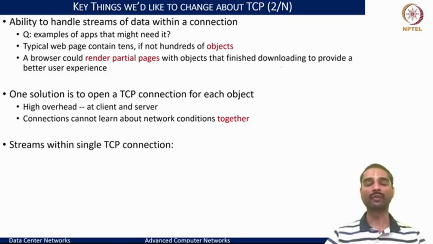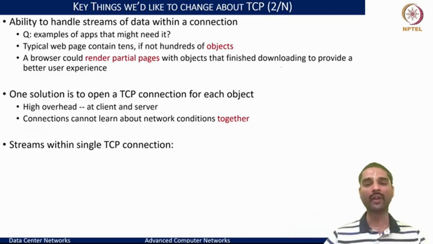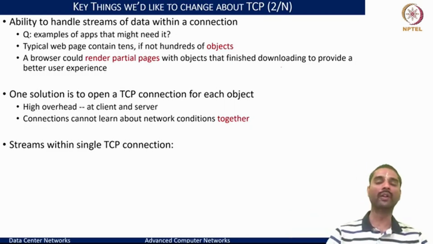And hence it was also thought about how you can multiplex the same TCP connection to carry different streams of data, that is, streams within a single TCP connection. In a sense, I could have a stream of bytes for the CSS content, or a style page, and another stream for the HTML content, and start to get them downloaded within a single TCP connection. Rather than having a connection per object, you could have a single connection multiplexed for multiple objects that you would want to download as streams.